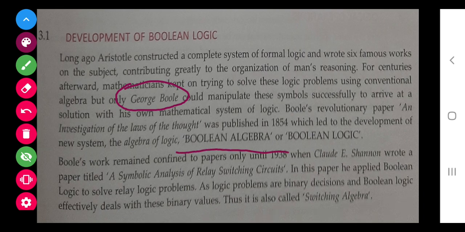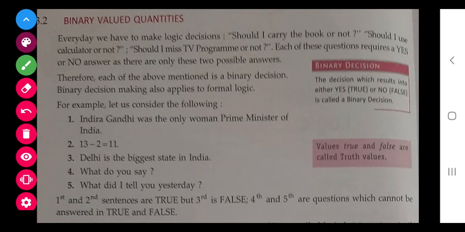For that, Boolean algebra or Boolean logic has been developed. Now we are going to proceed. You will come to know very soon what this actually is.